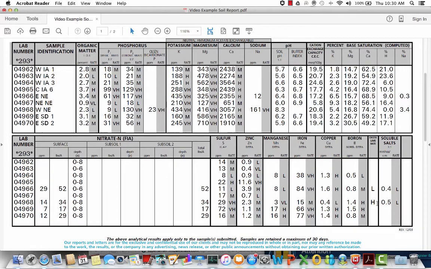So soluble salts are part of our complete analysis. Here we're looking at the salinity of the soil. When we measure sodium, we're looking at the level of sodium in the soil, or is that soil a sodic soil? In this case, this soil has quite a bit of sodium in it. It doesn't truly meet the definition of a sodic soil, which would probably be a percent sodium much more like 10 or 15% sodium. A saline soil has a lot of overall salts in it, not just sodium, but all